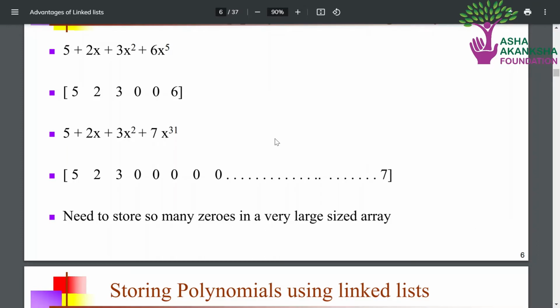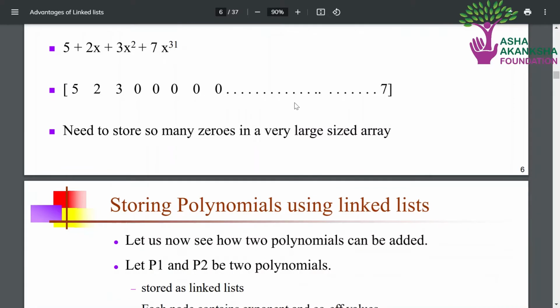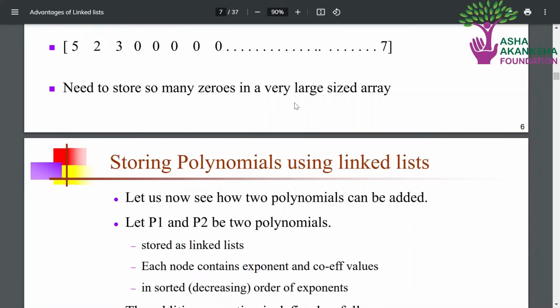We have to create a very large size array in which we have to store many zeros, because we have to pre-allocate some amount of memory while using arrays. So this is the biggest disadvantage of using an array. So we will then think of storing polynomials using linked list.